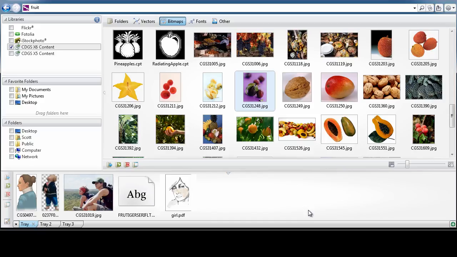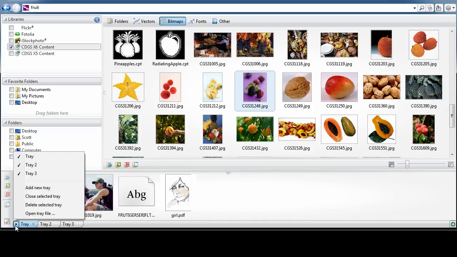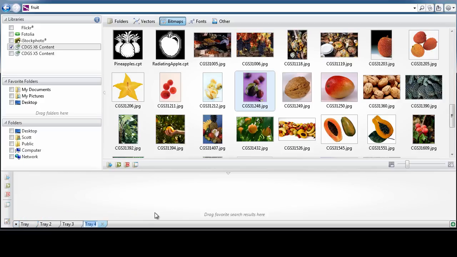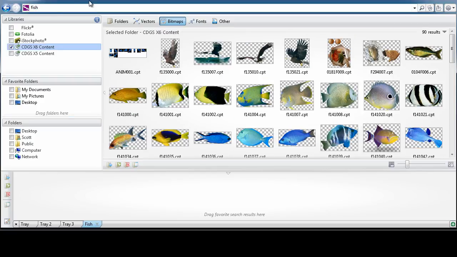Well, what we're going to do now is we're going to create a brand new tray. So I'm going to come down here and I'm going to add a new tray, and then I'm going to right click and rename, and I'm going to call this fish. Then we're going to do a search on the word fish and hit enter. And what we're going to do now is drag some fish down to this tray, because in the next video, which we're going to continue on with, we're going to start another project and we need some fish for that